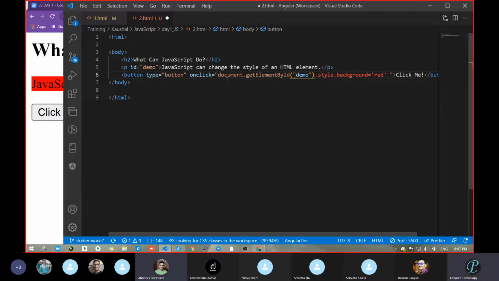Okay. Where is the opening? This one? Yes, the double quote opening is from here. Correct? And where should the closing be? In the last, after red. Yes, after red. But where is it getting the closing? Here itself. Got that? Because once you start a double quote, after some time, wherever it gets the first double quote, it thinks that is the closing. Got my point or not?